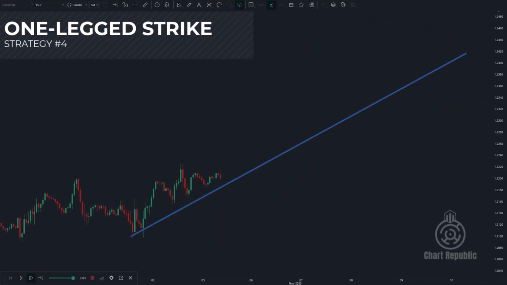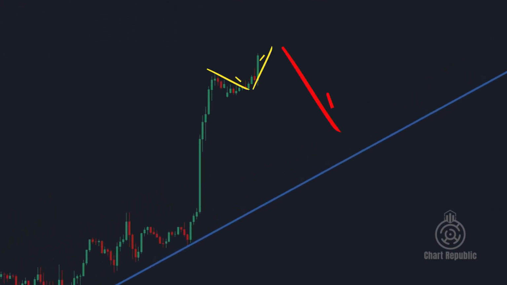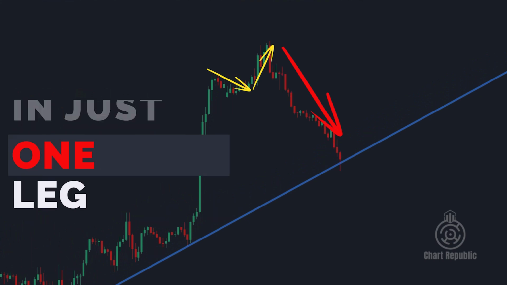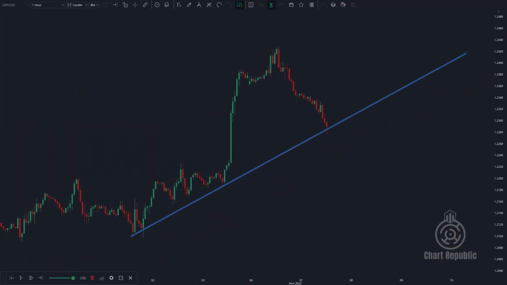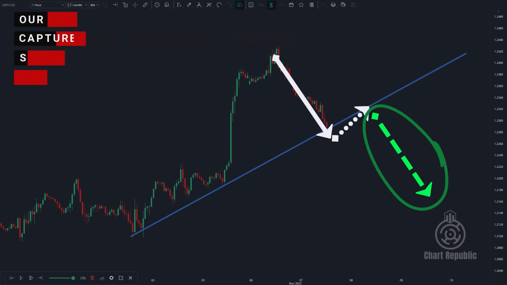The next strategy proves helpful when the price is trending above or below a specific trend line and then suddenly surges, creating significant distance from that trend line. After a few minor swings, it promptly retraces back to the trend line in just one leg. In this scenario, we're not necessarily anticipating a significant trend reversal. Our goal is more focused on seizing the second leg of the pullback before others catch on and before the